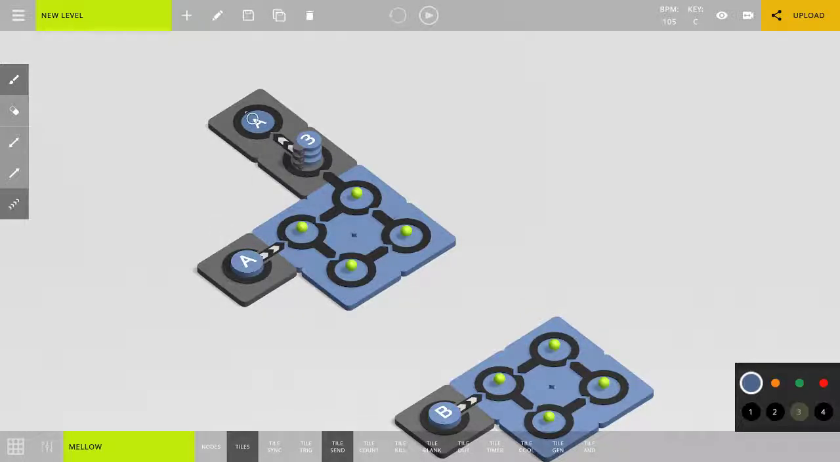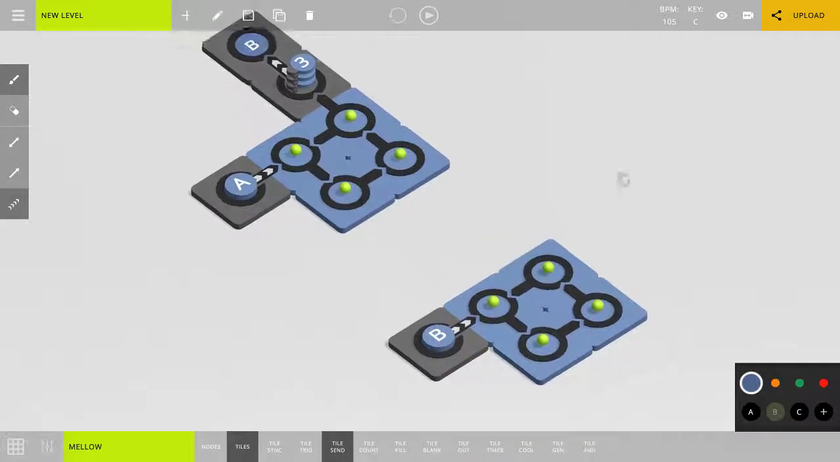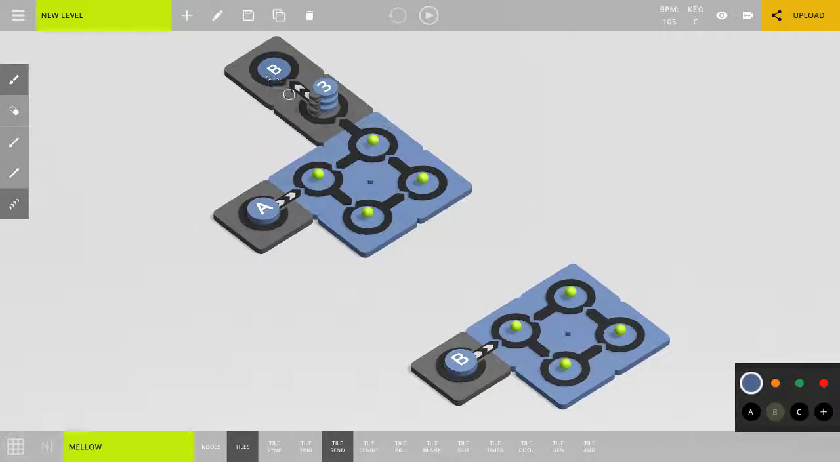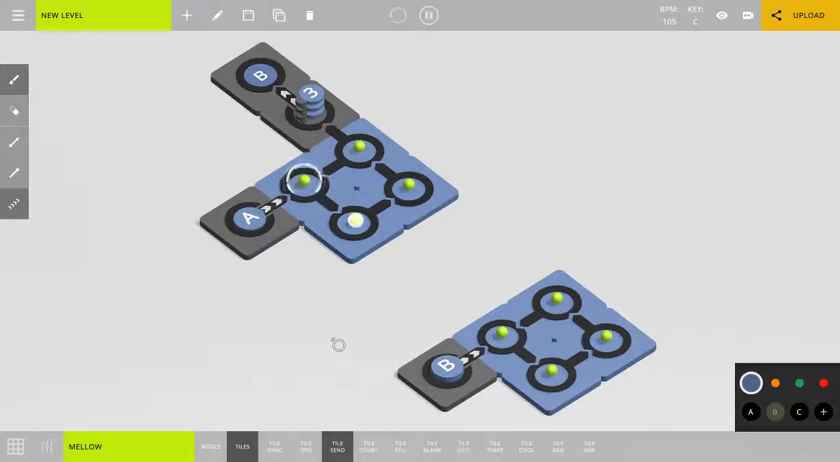Now, right now, this is going to trigger the A tile, which would already be playing. So what we need to do here is set that to B, and then what's going to happen is it's going to play 1, 2, 3, and then the third time, B is going to send a message, and then that will automatically push B for you. So if we hit play,